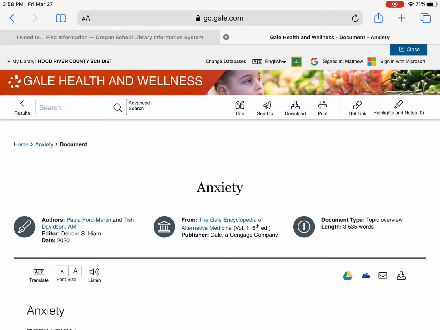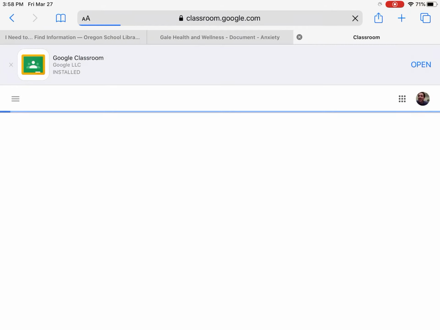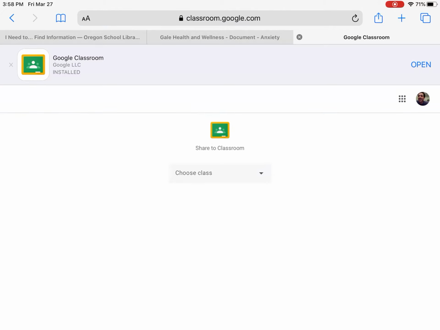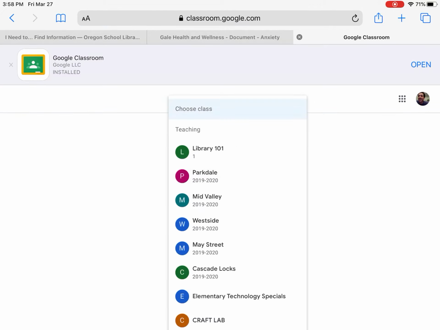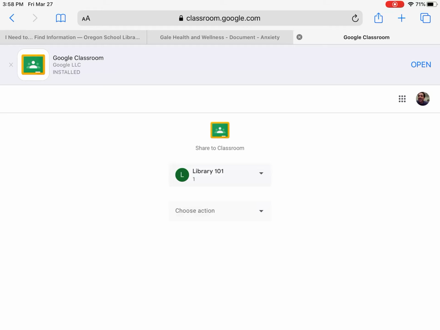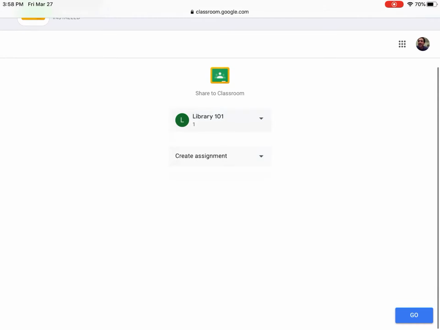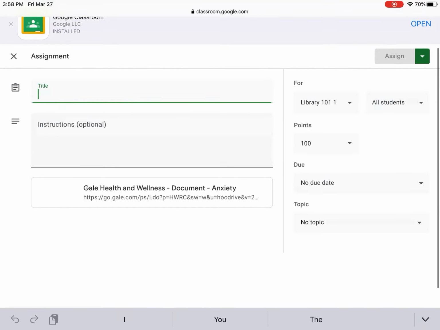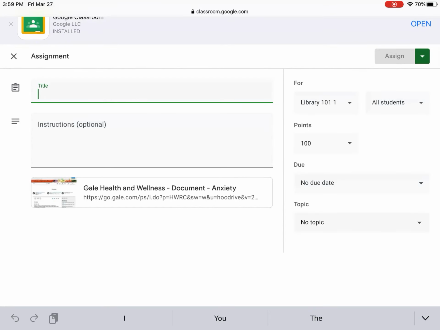So I'm clicking the green box up top here, and it's going to open up my classroom and prompt me to pick which class I want to post for. I want to post for my library class, because this is about research, and I will go to choose my action, and you have a choice of creating an assignment, question, an announcement, or material. So let's say you have a journal entry that you have your students making once a week about an article that you post. So you go to create assignment, and you hit go, and I'm going to call it journal entry